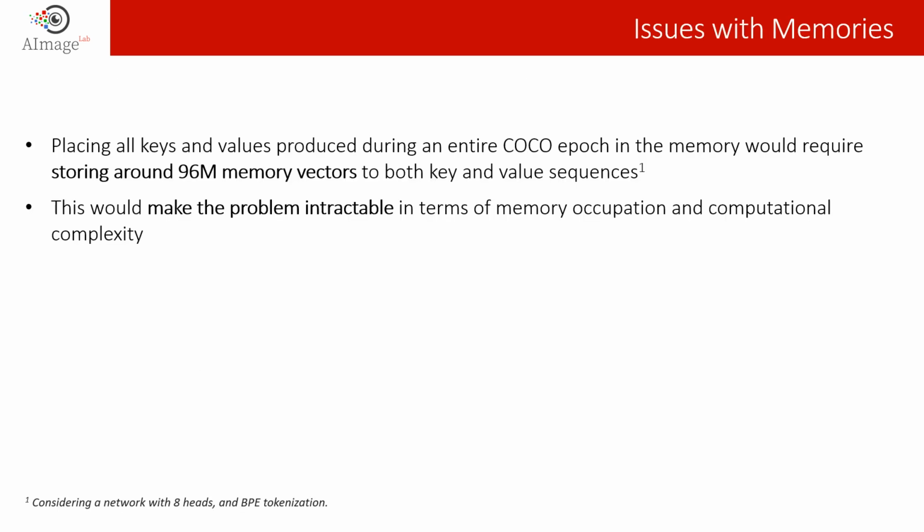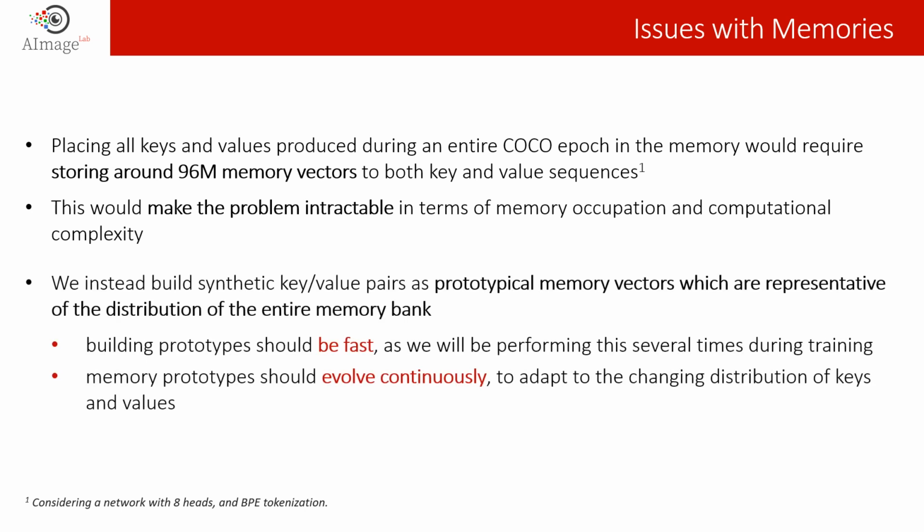Placing all keys and values produced during an entire COCO epoch would require storing around 96 million memory vectors, and this would make the problem intractable in terms of memory occupation and computational complexity. Therefore, we build synthetic key-value pairs as prototypical memory vectors, which are representative of the distribution of the entire memory bank. Moreover, building prototypes should be fast, and memory prototypes should also evolve continuously to adapt to the changing distribution